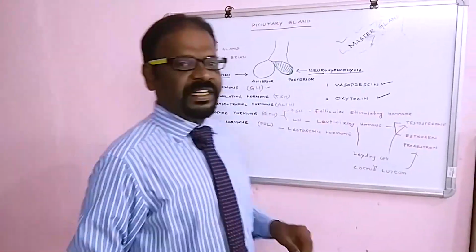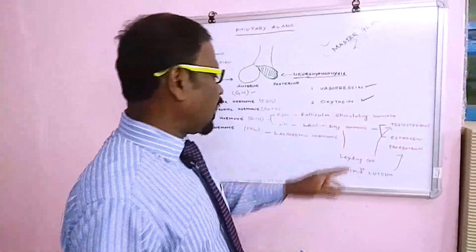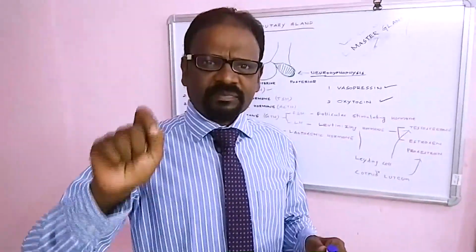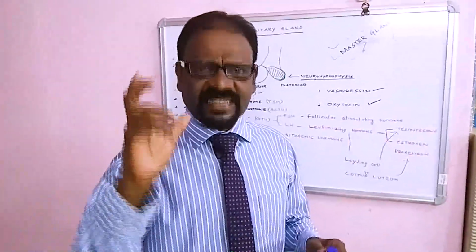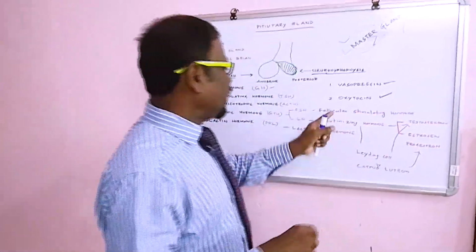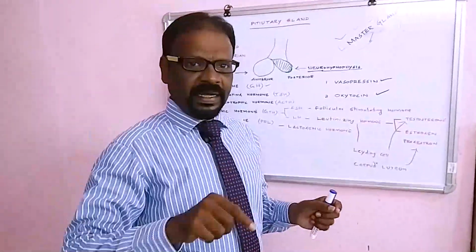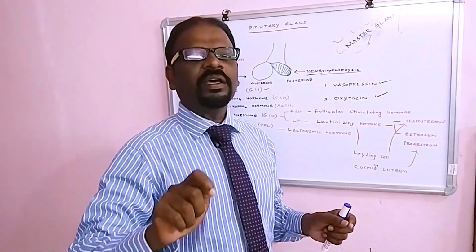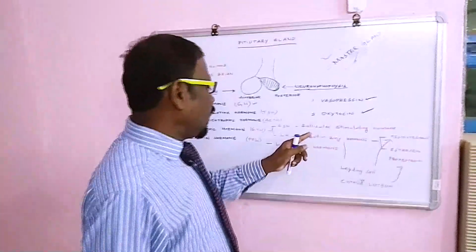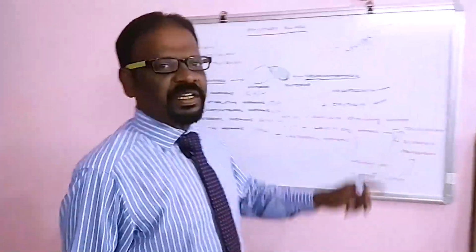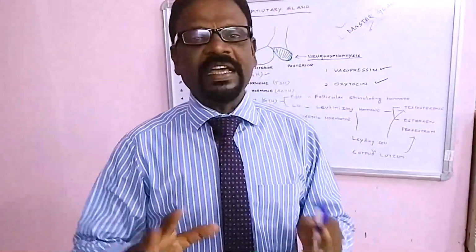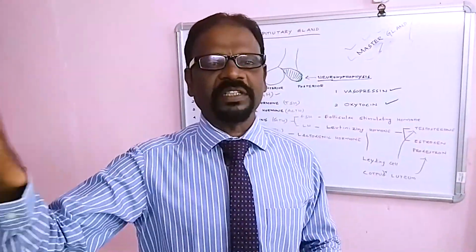The follicular stimulating hormone, what is it doing? In male, it stimulates the germinal epithelium cells in the testes to produce the sperm. In other words, simply we can say this follicular stimulating hormone in the male is involved in the formation of the sperm. At the same time, the follicular stimulating hormone in the female stimulates the growth of the ovary as well as the production of the ovum, the egg.